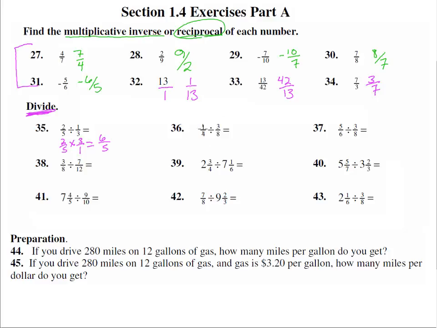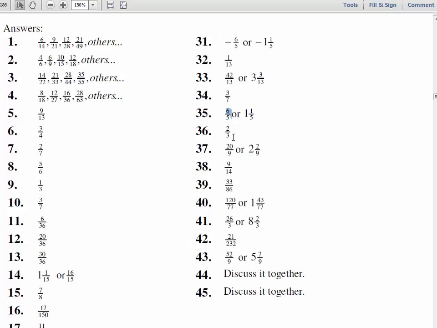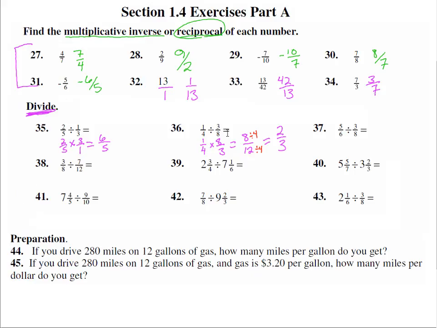Number 36, 1/4 divided by 3/8. Let's rewrite that. 1/4 times 8/3 equals 1 times 8 is 8, 4 times 3 is 12. So we get 8/12. Will that reduce? I believe that will reduce. Let me see. 8 and 12 are both multiples of 4, so we can divide by 4, and it equals 2/3. Let's double check our answer. Number 36, 2/3. Yep. 37,